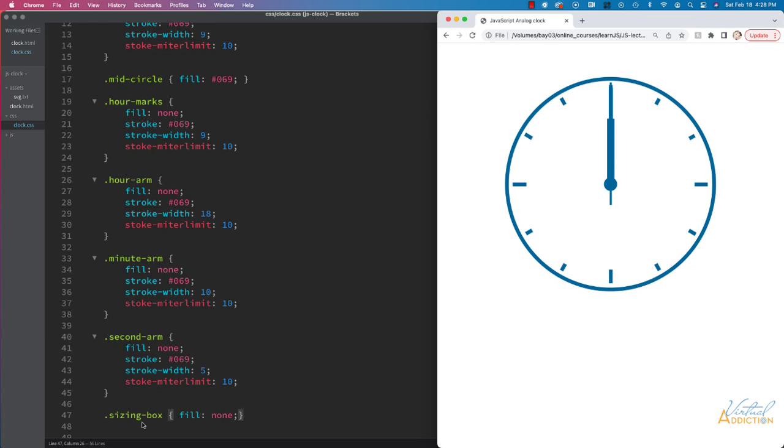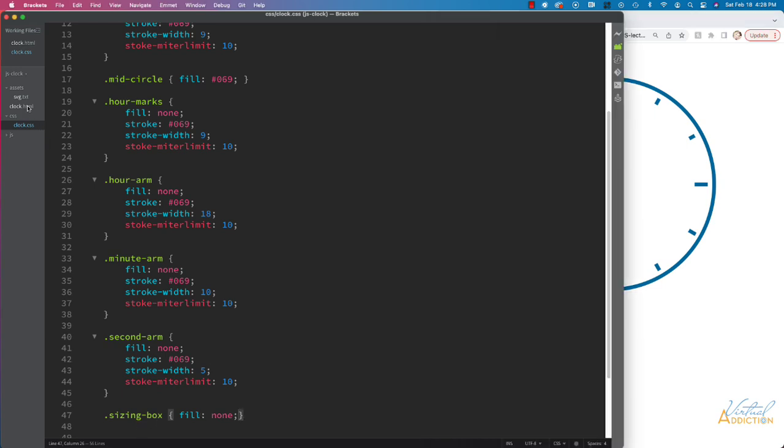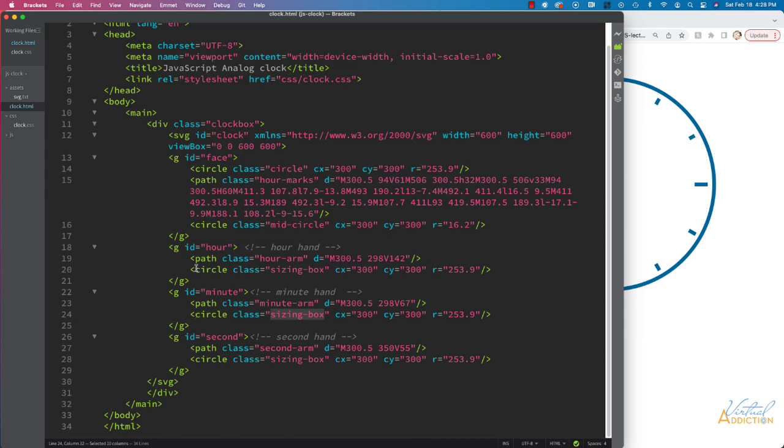And the reason why the sizing-box is important, the reason why we need that on each of our various arms of our clock, is that it is used to center the arms so they're all going to rotate correctly around the same axes. If we didn't have this, because these are different sizes, we would have problems with them rotating around the same